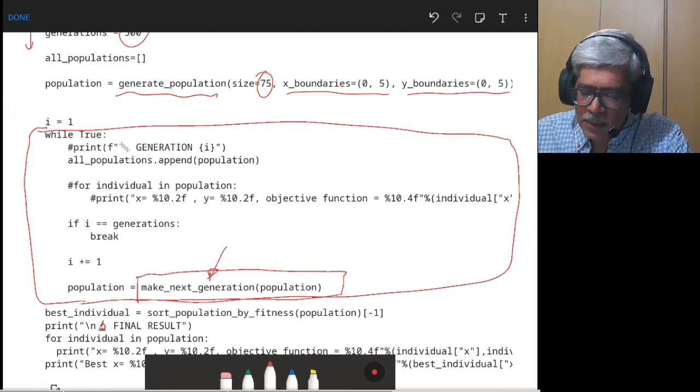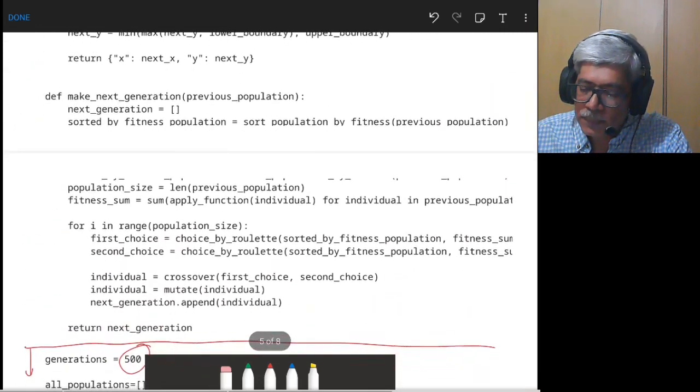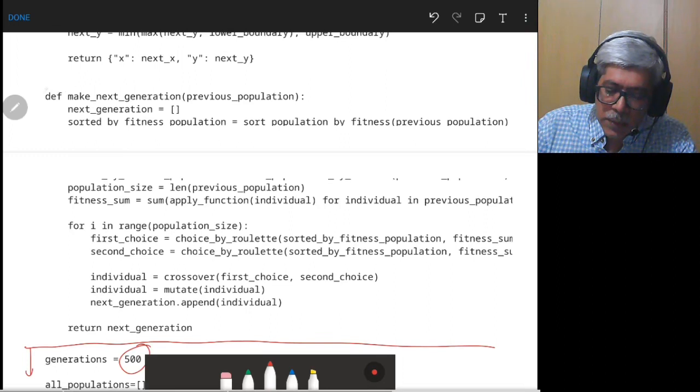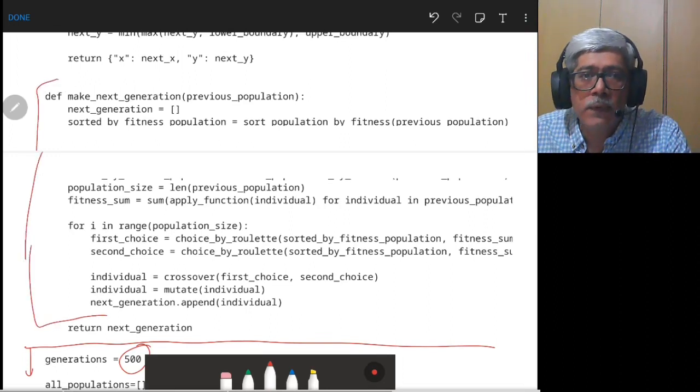We'll see how this is formed. Let's go to this routine, which is given in this part of the code.